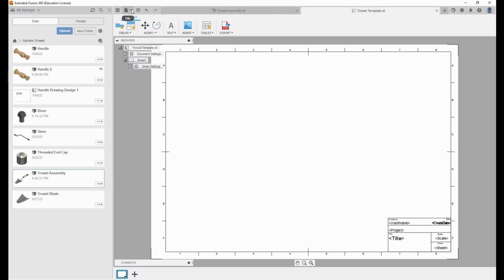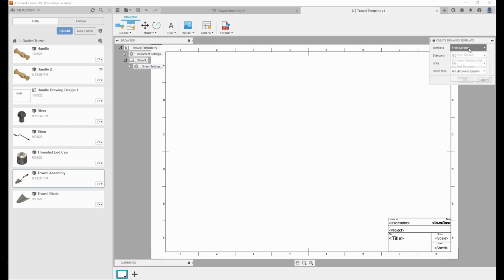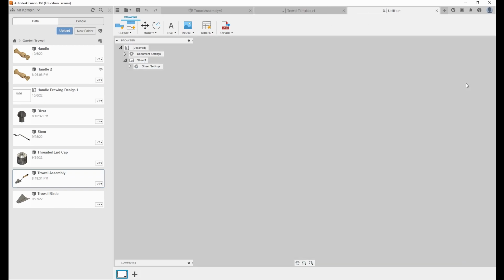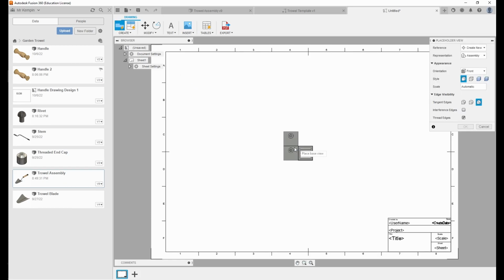And now I'm going to do another one. If I go to file, new drawing template, but I'm going to use my trowel template as the template for my new template. Let's see where we're going. Template section. So I've got this here, and I can have multiple sheets down the bottom. So I'm going to start off having a placeholder, and this is going to be my assembly,